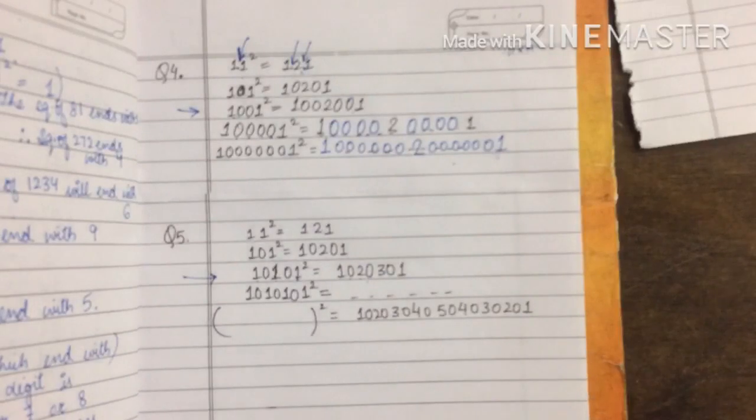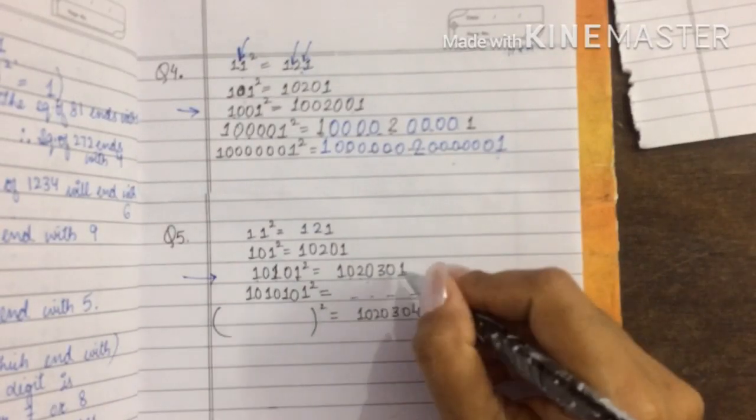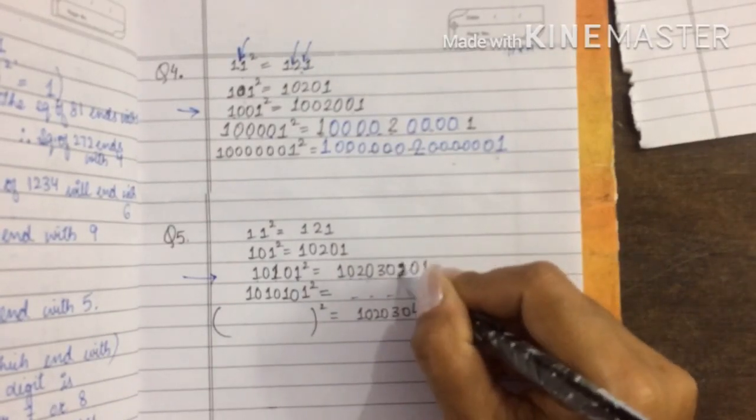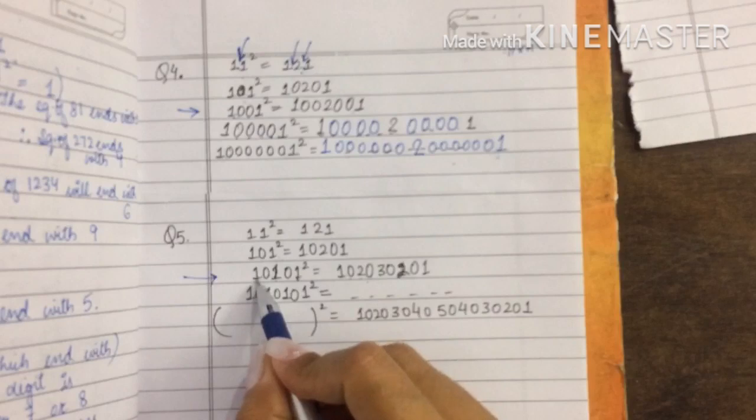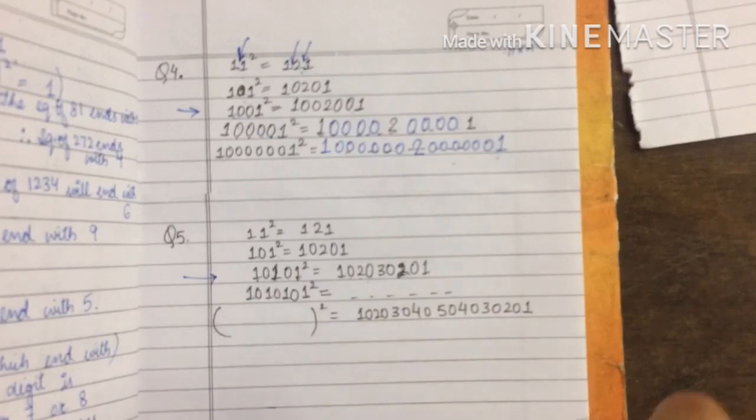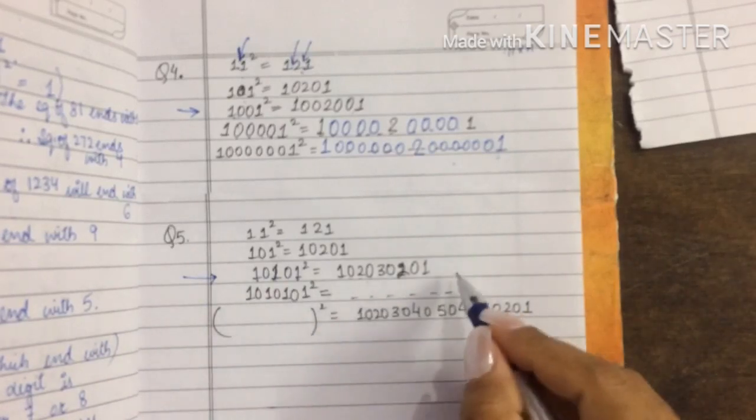I have noted down wrong, so this will be 1020302001. I am just telling you what the pattern is and how it is working. If you have observed, you can fill up the blanks yourself. So what happened here at the third step,